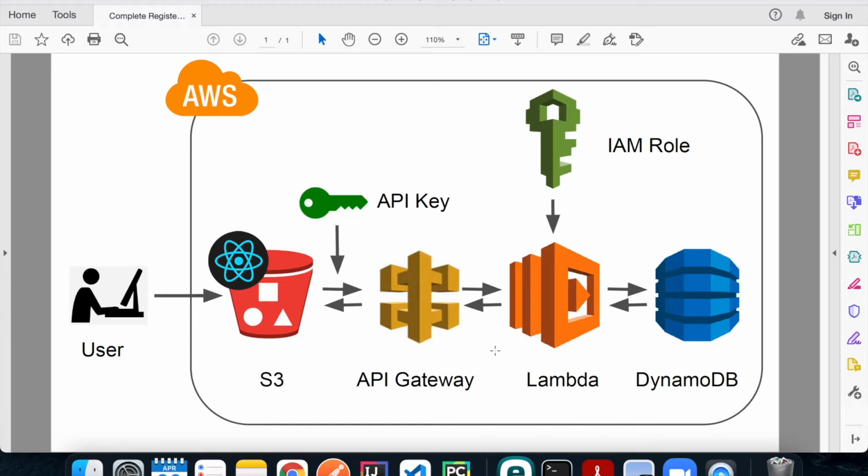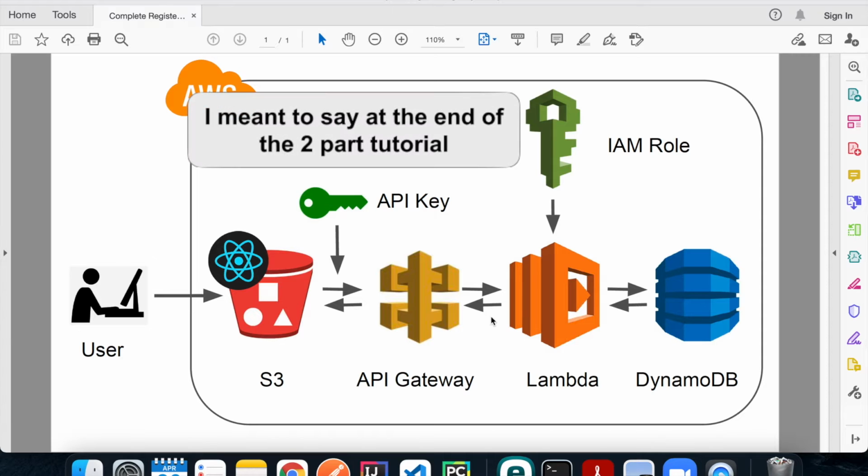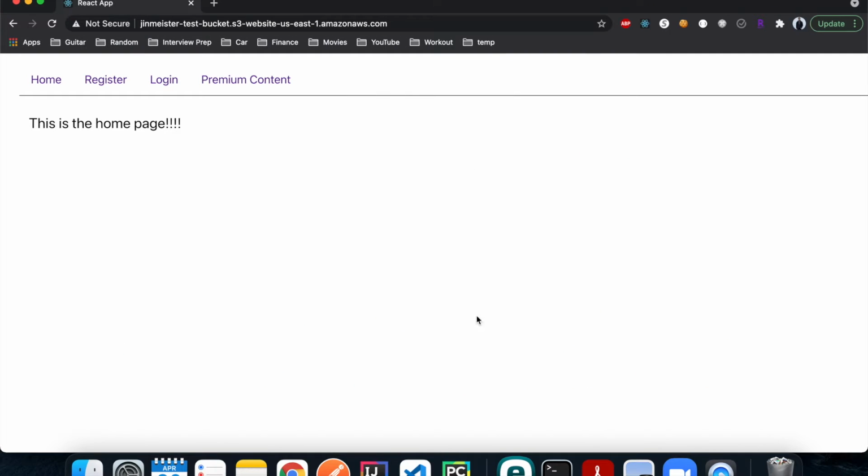Today I'll show you how to build a complete register and login system with React.js on the front end and a serverless API with DynamoDB on the back end. And then we're going to host everything on AWS. At the end of the video, you're going to be able to build a website that looks like this,